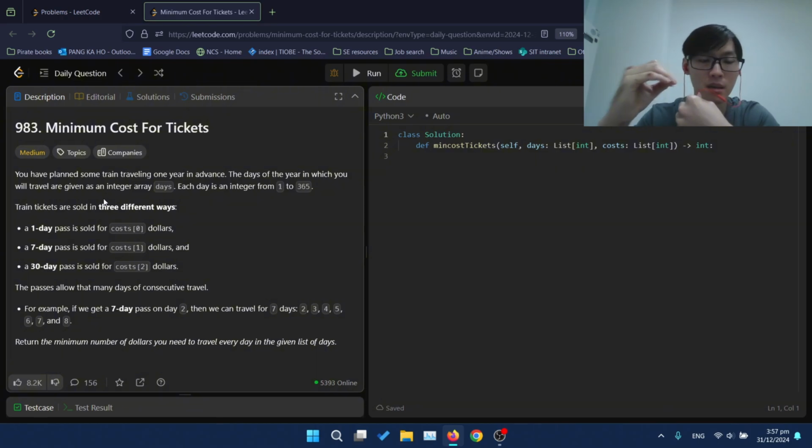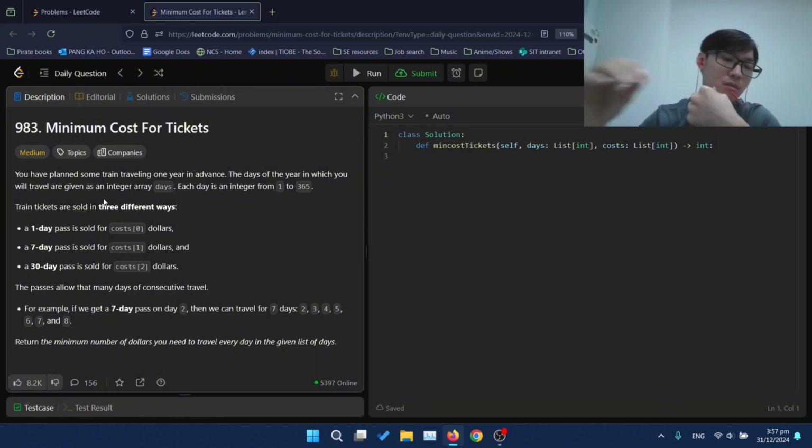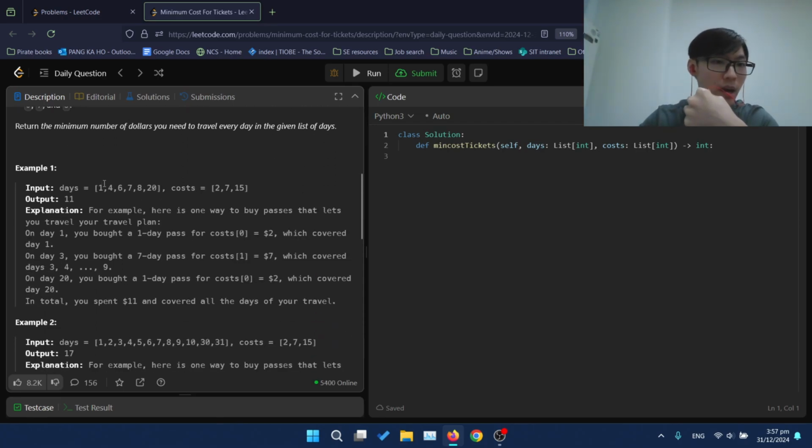If I were to tackle this in an interview, I would go with the DP approach first because, in essence, at every day we can either buy a 1 day ticket, 7 day ticket, or 30 day ticket.